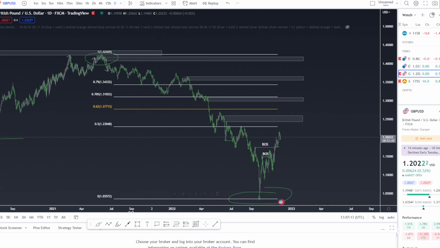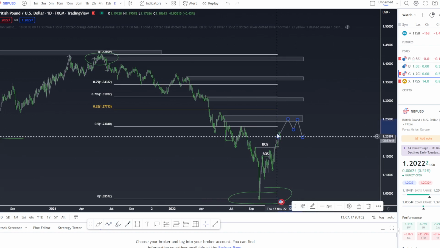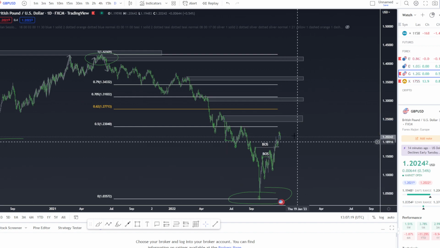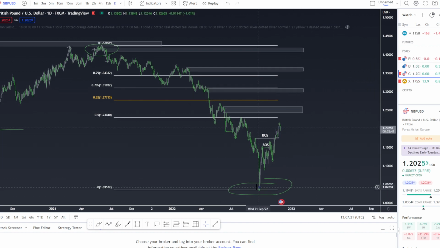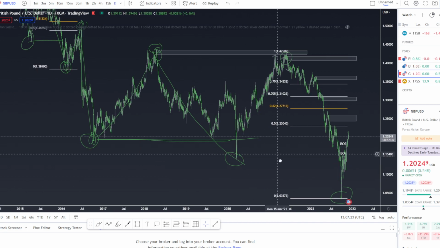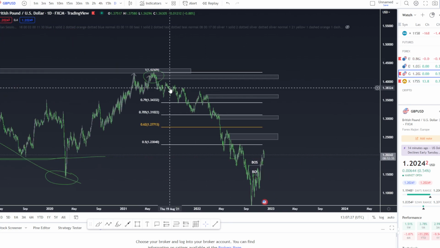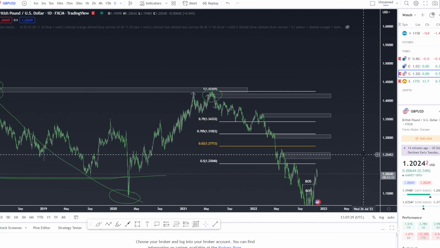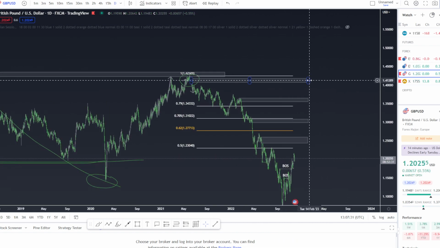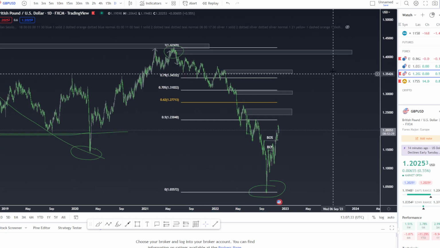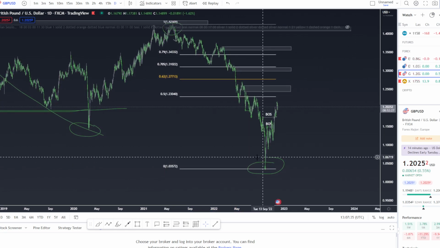Now, what we could expect is either, like I've said, a reaction from this, breaking the internal low that put in the high that put us into the zone, and then we will look for sells to target this low. But just like how price came all the way up to this extreme supply zone, we could possibly expect price again to come all the way up to this extreme supply zone before then going down